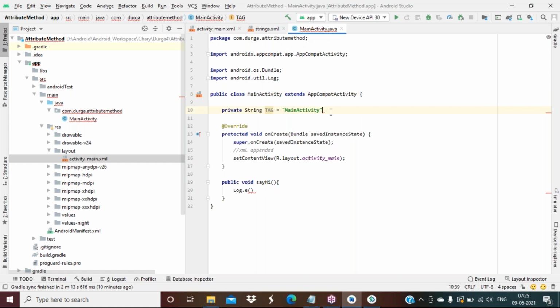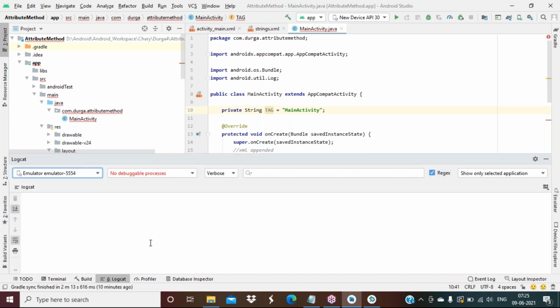So that in the Logcat window, so many messages will come, boss. Lots of hundreds of messages will come. In that, which one do you need to filter? So I need to copy this tag here. If I type MainActivity here, only your main activity related logs will appear. That is the main intention of a tag. You understand? Okay. So we will copy-paste the tag here. Right. Just a moment. AVD I started. That's my Android Studio structure.